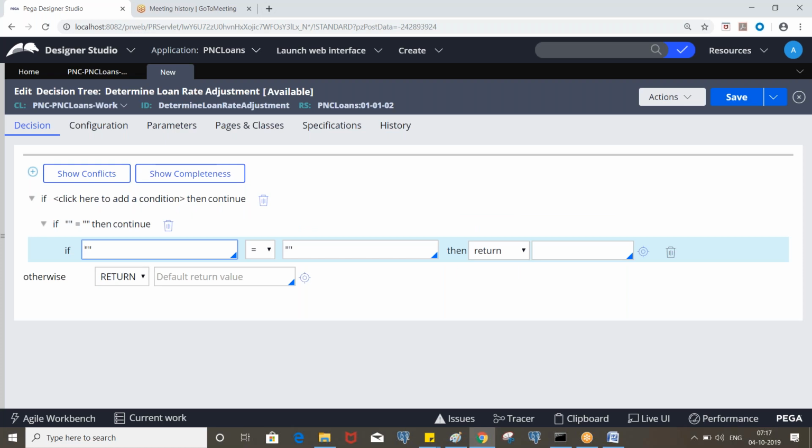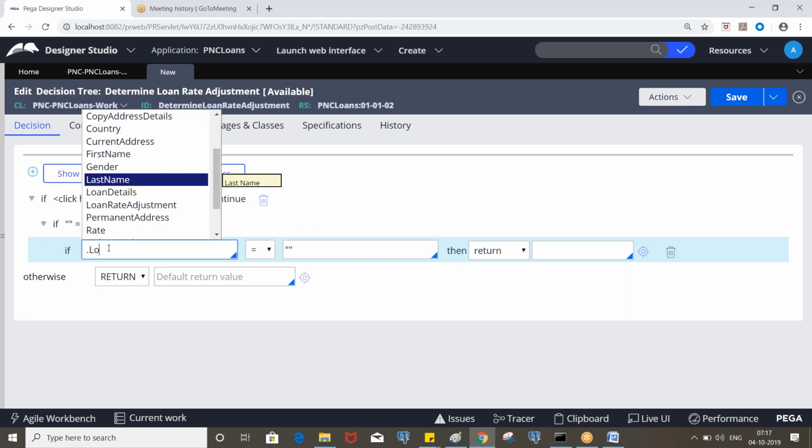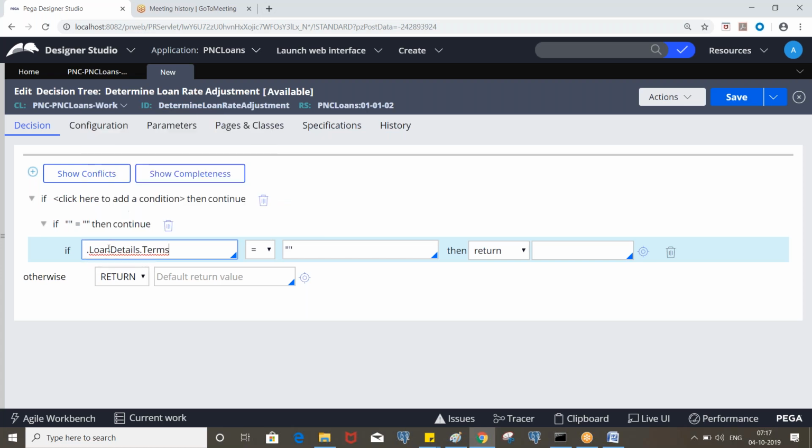So again, we are determining loan rates, terms. Okay, so loan details dot terms, 15 years. So now we need to return it. We don't have any further conditions to be specified.